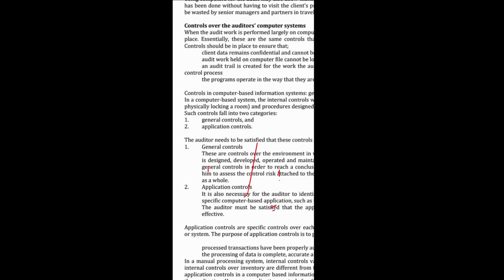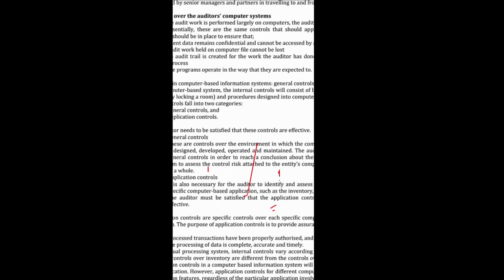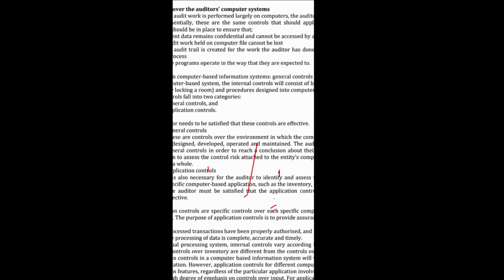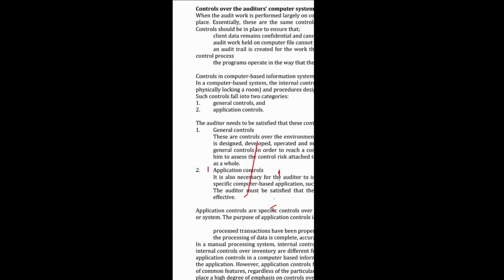Okay? Are we together? Then the program operates in a way that can be expected. That is, all the audit programs, all the software installed on the laptops, are working as intended. They are updated and they are functional. All right? So these controls that we are just talking about now